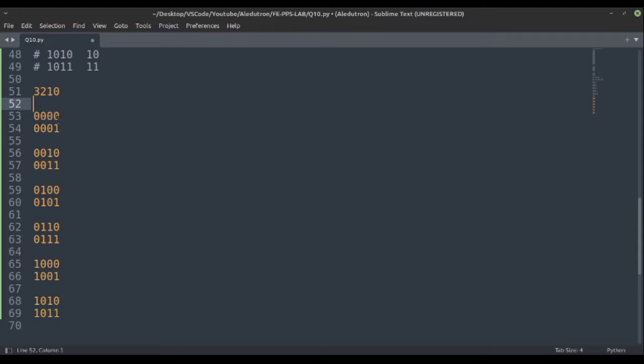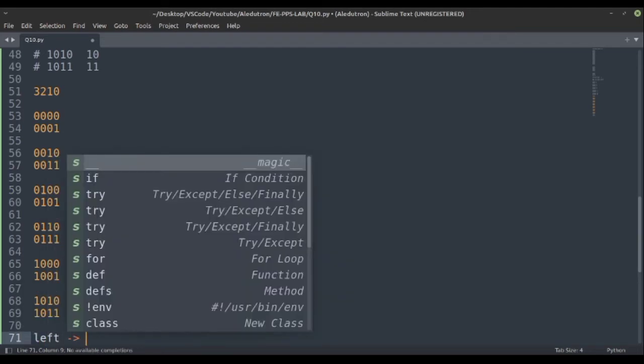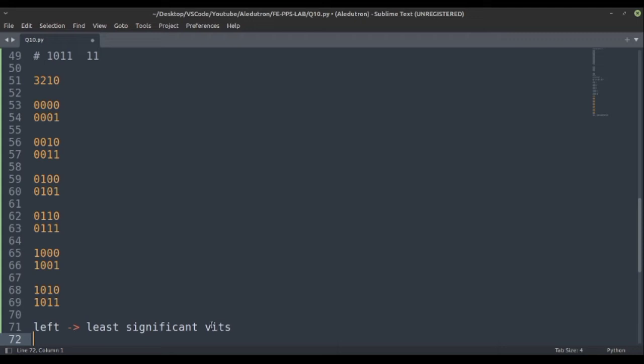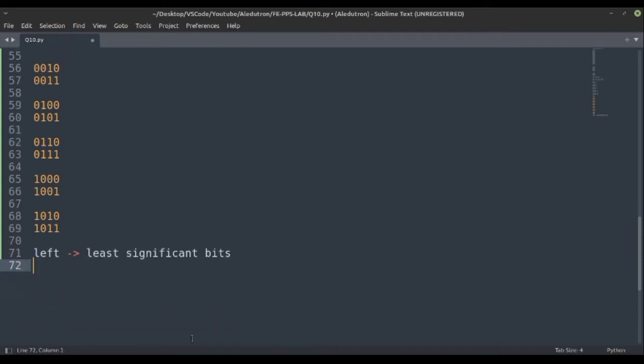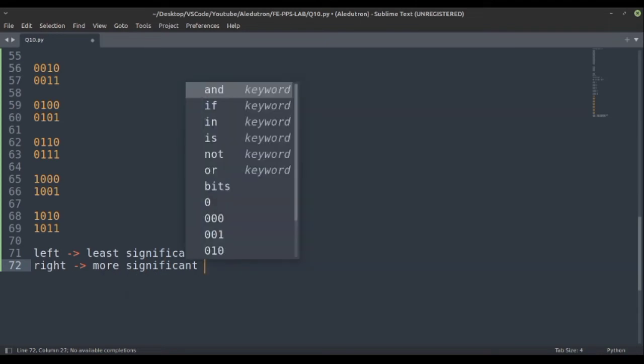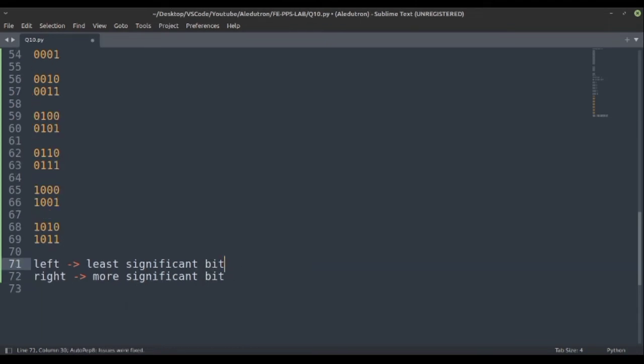So just for this, now just consider each column a number, starting from 0 to 3. So we will start from right to left. Why? Because we have already told that the left is the least significant bit, and the right is the more significant bit.